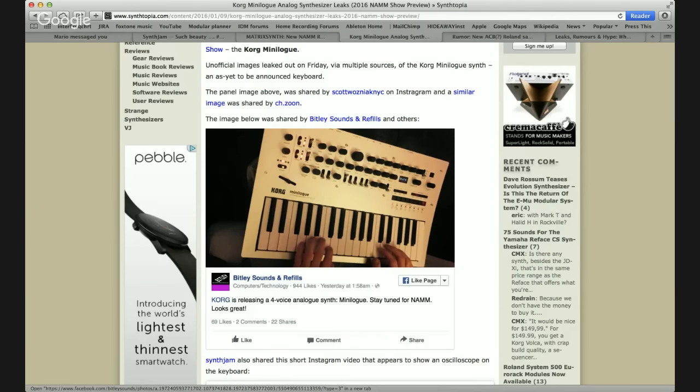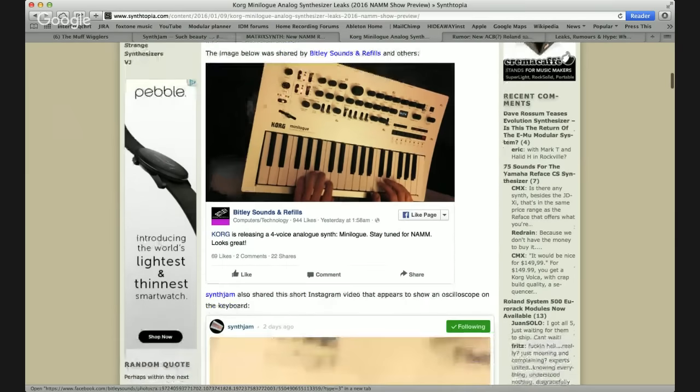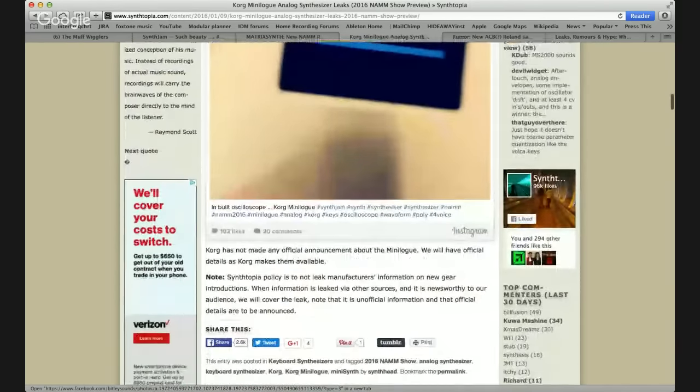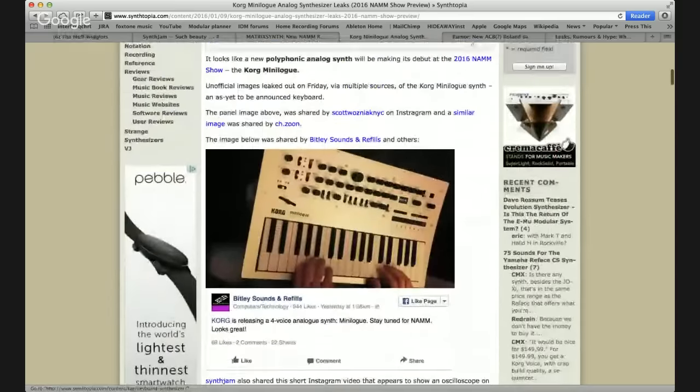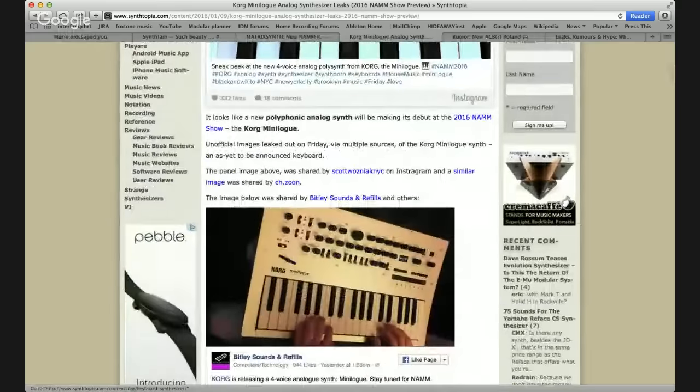You know, like they started small and they were kind of building and they were working with some of the legendary guys as well. And it's like they kind of have been coming up through the ladder properly, which gets me kind of excited. This thing, from what I've been hearing, has a lot of really interesting modulation on it, cross mod, that kind of good stuff. So it looks really interesting, but I can't believe